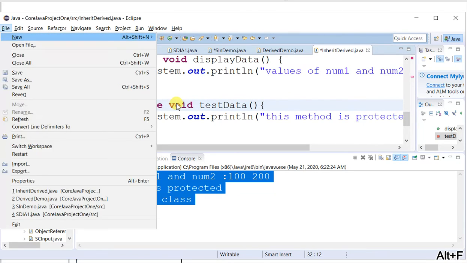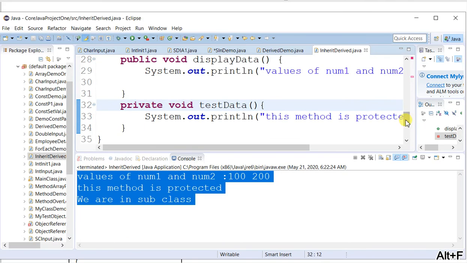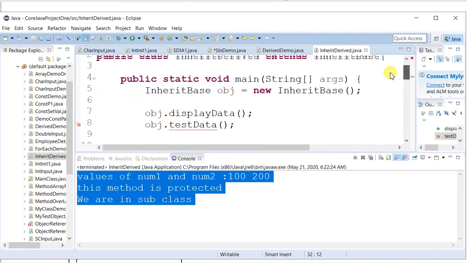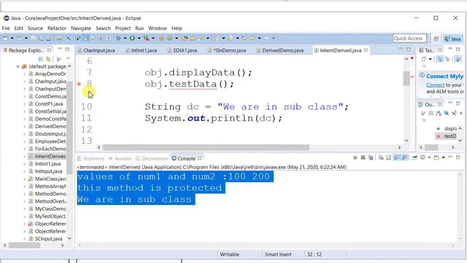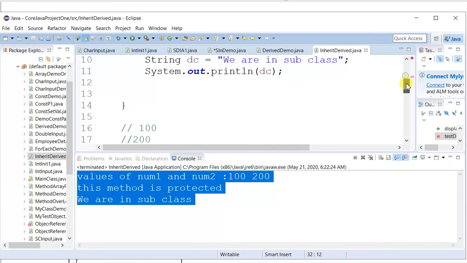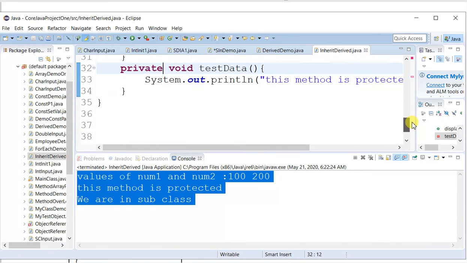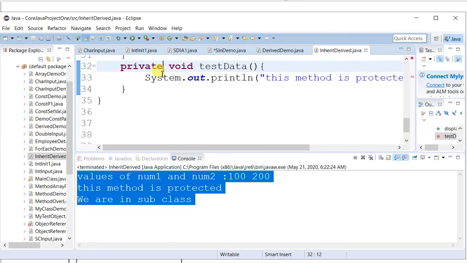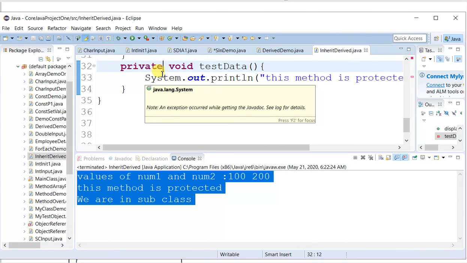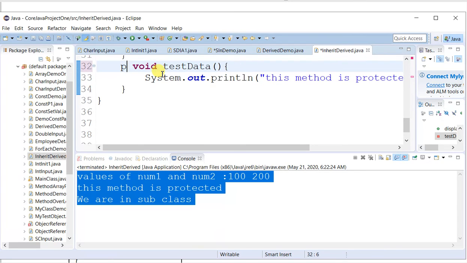The moment I change the access specifier, I can see one alert message over here. The method test data from the type inherit base is not visible. Why? Because we made the access specifier private. So, it is private to the base class itself. We cannot access it outside, even if we are creating the object or we are extending the class. So, let it be protected.